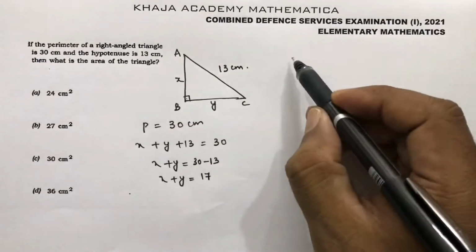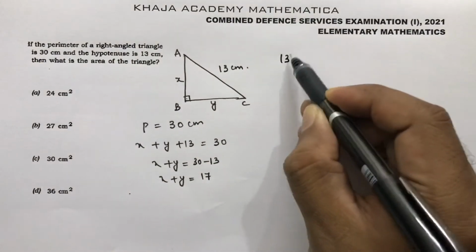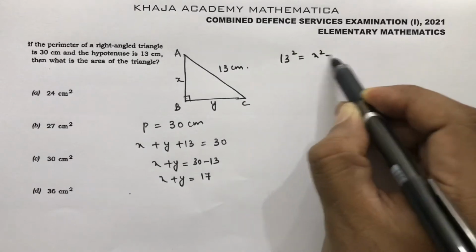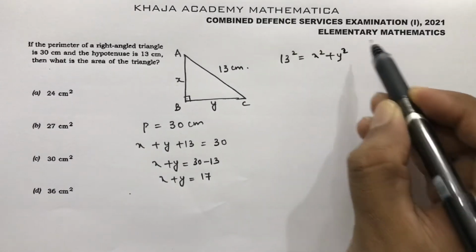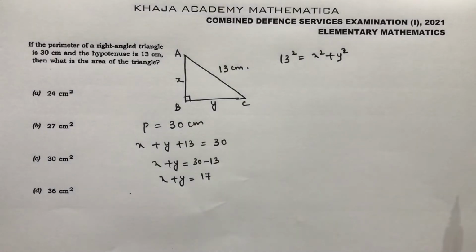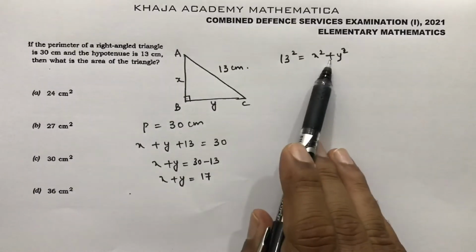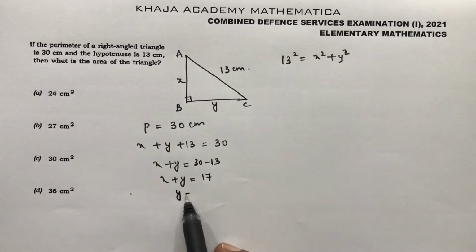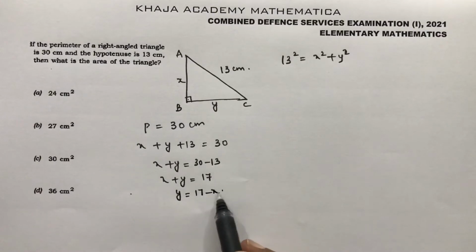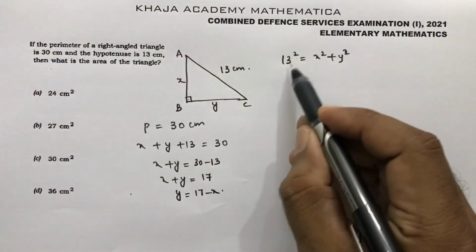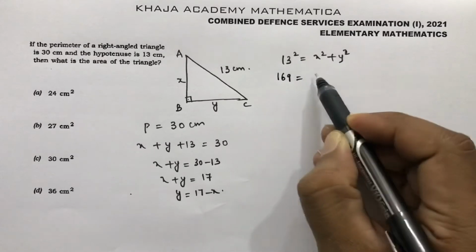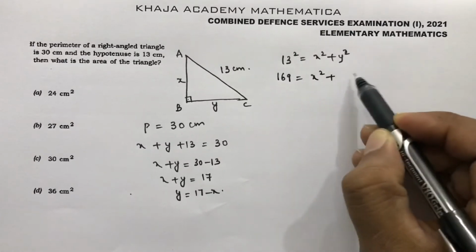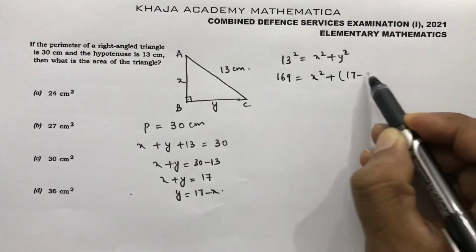So I'll apply the Pythagoras theorem: 13 squared equals x squared plus y squared, because in a right angle triangle the square of the hypotenuse is equal to the sum of the squares of the other two sides. But from here, what is the value of y? y is 17 minus x. This I'll substitute here: 13 squared is 169, equals x squared, and in place of y I can write 17 minus